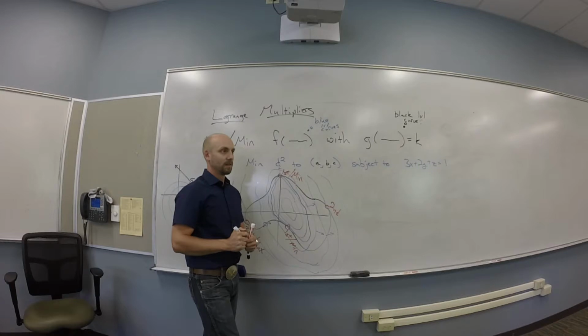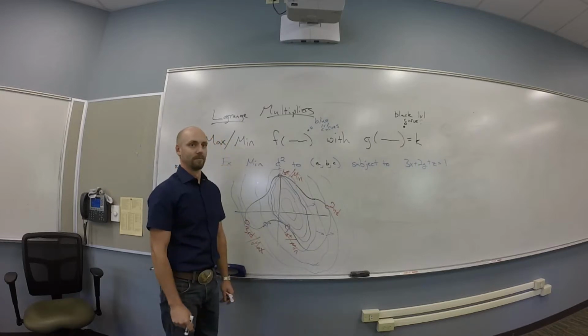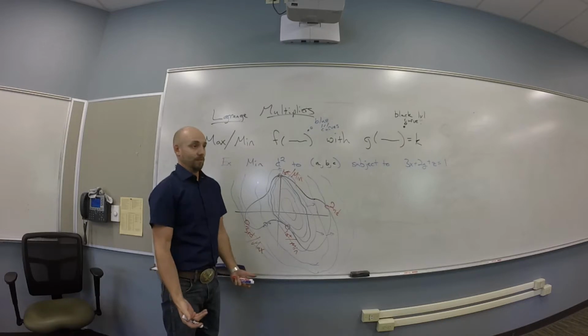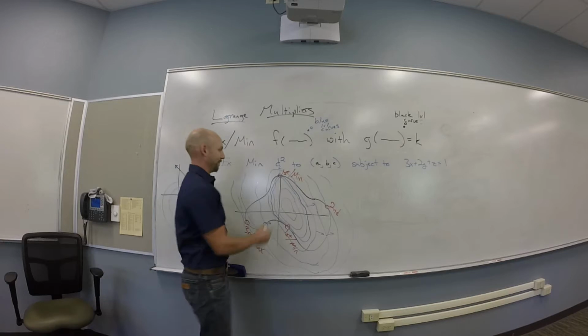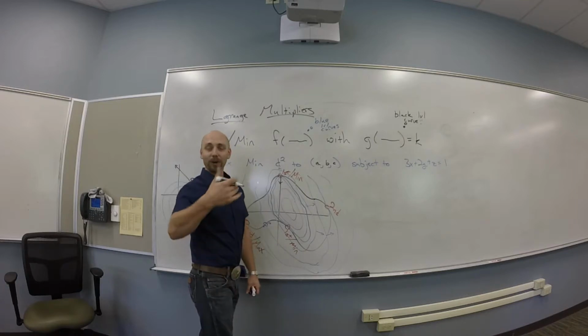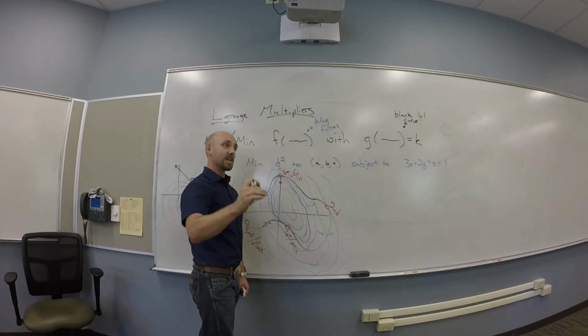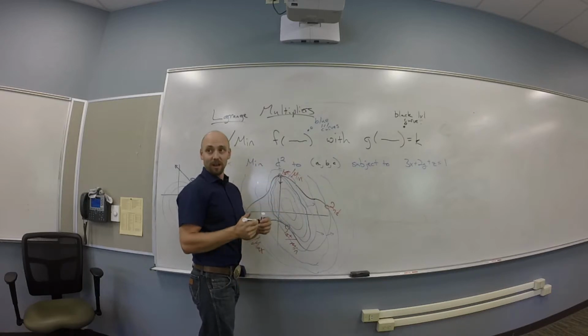You guys see that? But where does the black gradient point? It's perpendicular to the black level curve, right? So I have to allow for it to be flipped over and maybe different lengths. So I don't want to just take the gradients and set them equal to each other. I want to do,